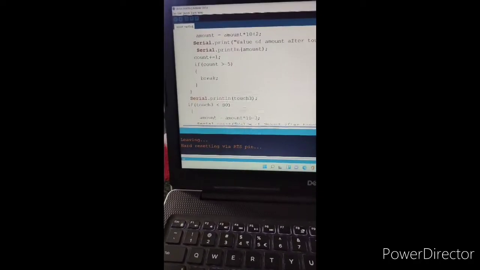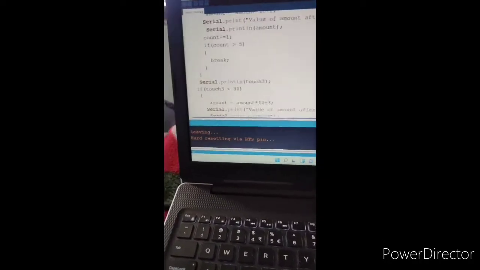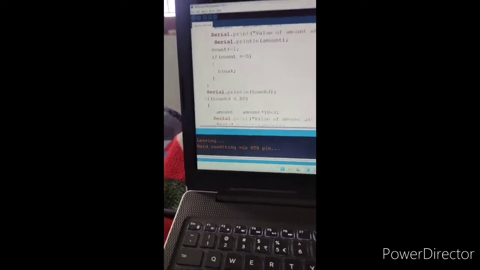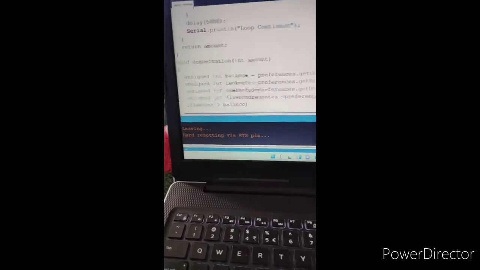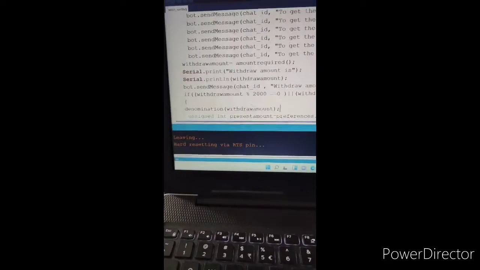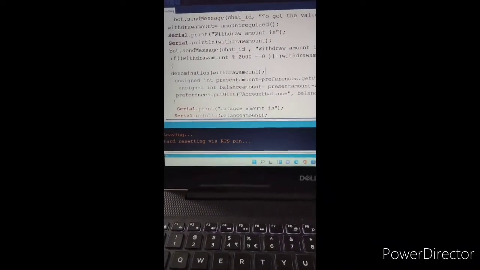All others are the same. I gave the count value as 5 because there are 5 digits in 25,000. This function will return the amount. It will be stored in the variable withdraw amount, which will be printed in the serial monitor or to the bot.